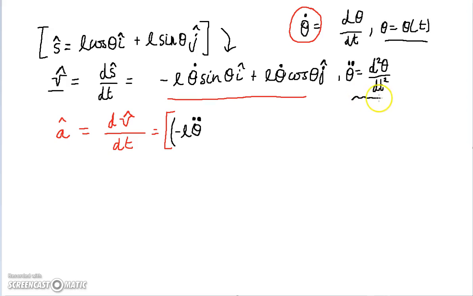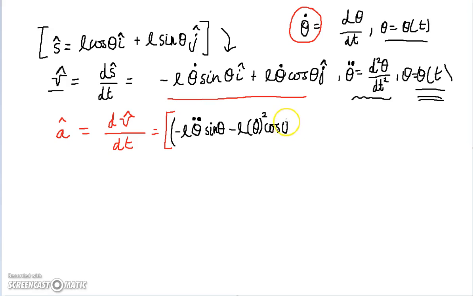Again, theta is theta of t. So negative L theta double dot sine theta minus negative L theta dot squared, we're using the chain rule here, cosine theta i hat